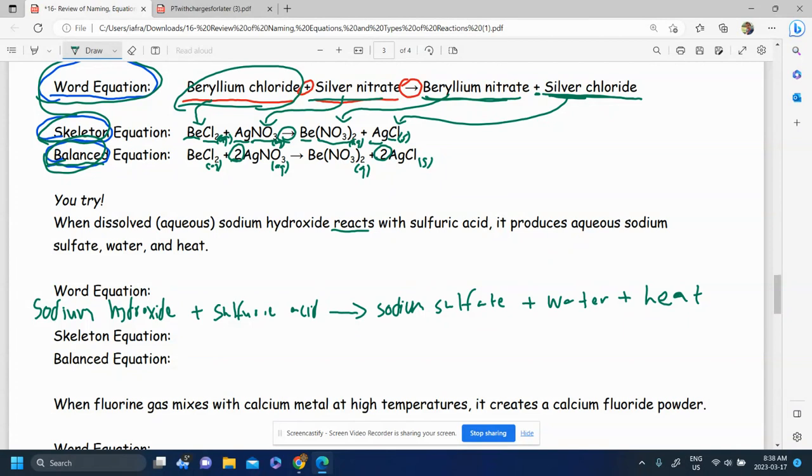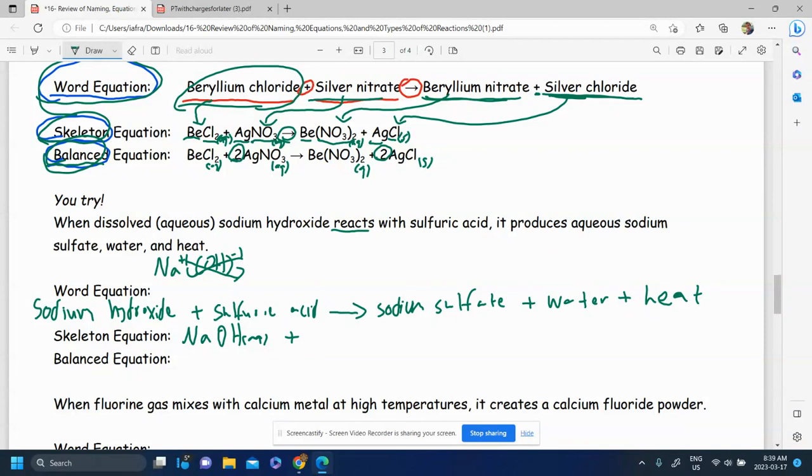Now I want to convert it to a skeleton equation. And so we're just going to go one reactant and product at a time and convert them to their formulas. So sodium hydroxide, okay. We have Na plus 1, OH minus 1. You crisscross and you get NaOH, because it's 1 and 1, and you don't need brackets around the polyatomic ion when you have the 1 there. And it's aqueous sodium hydroxide. It's dissolved. So we can put aq there, plus